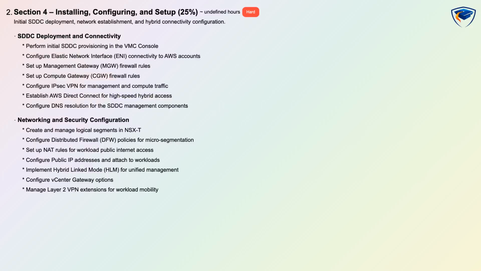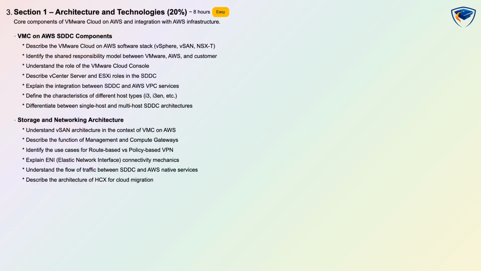resolution for management components. The networking and security portion teaches NSX-T logical segments, distributed firewall policy creation for micro-segmentation, NAT rules and public IP assignment, hybrid linked mode for unified management, vCenter gateway configuration, and Layer 2 VPN extensions for workload mobility. Section 1 Architecture and Technologies is 20%, labeled easy with about 8 hours of study and conceptual plus